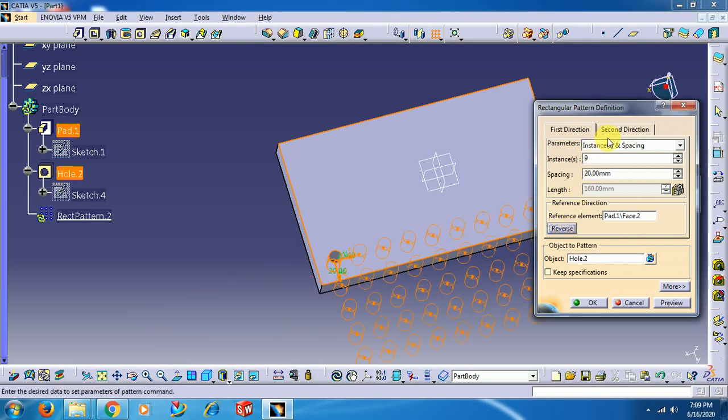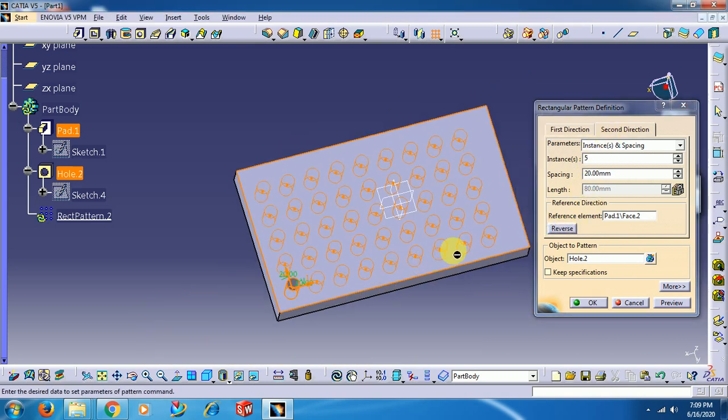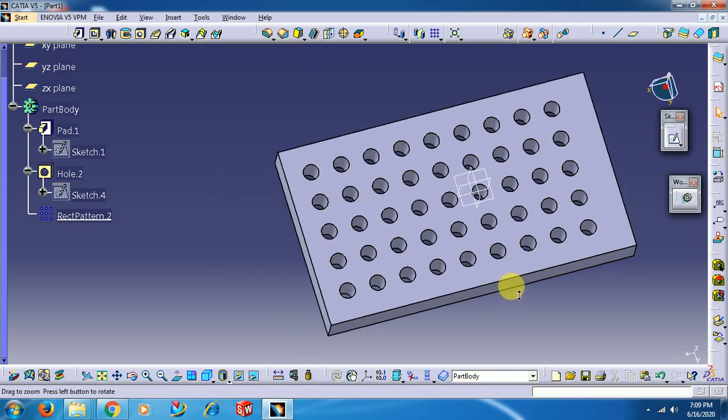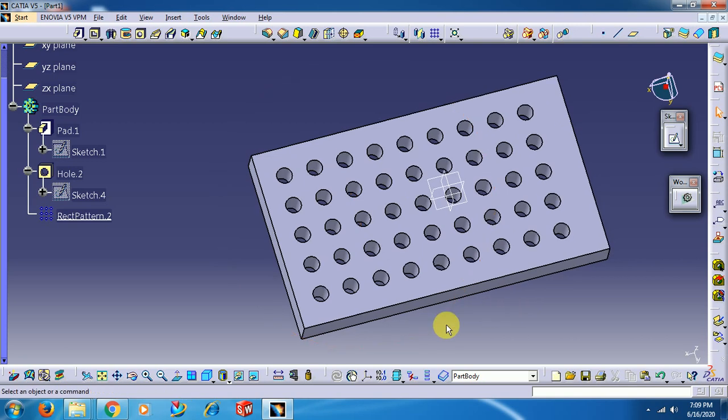reverse direction, reverse. See, randomly some number of holes, like horizontally it is around 9 holes, 9 by 5 holes in series with some distance, 20 mm between each hole. Now first, if we consider this as a 0 point, origin point, we need to check XY coordinates of all these holes, x distance and y distance, from its origin.